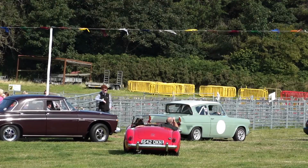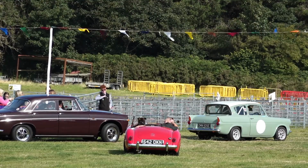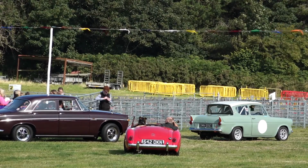Now we say goodbye to the classic car parade this morning. It'll be back on this afternoon, thankfully, at 20 past 2. At 20 past 2 this afternoon, we're going to see the classic car parade again here in the main ring. Well done to Nick, Jen, Finn,